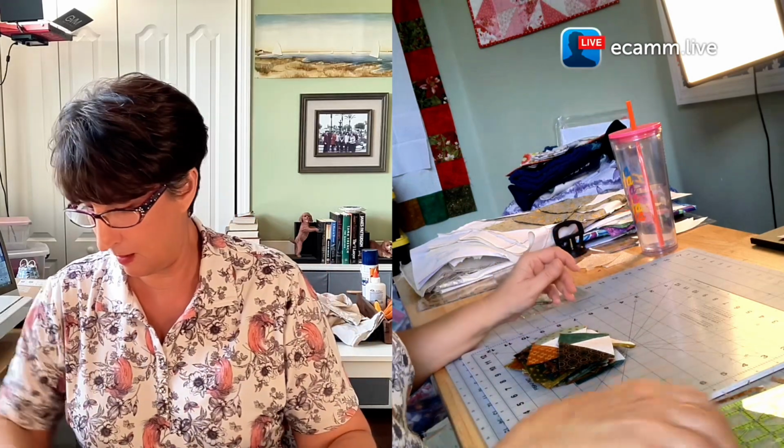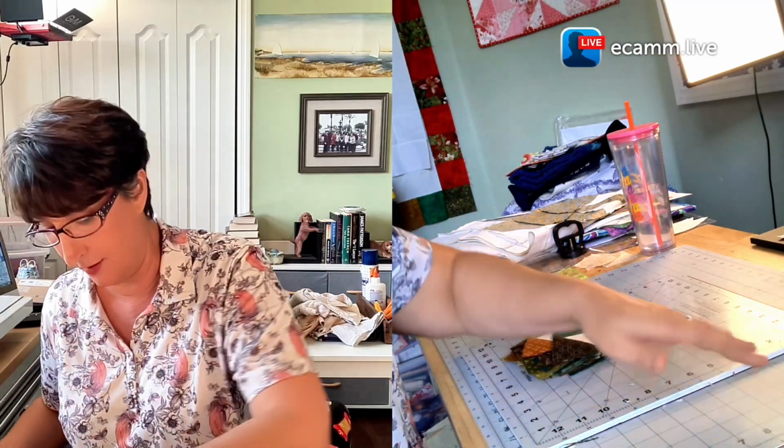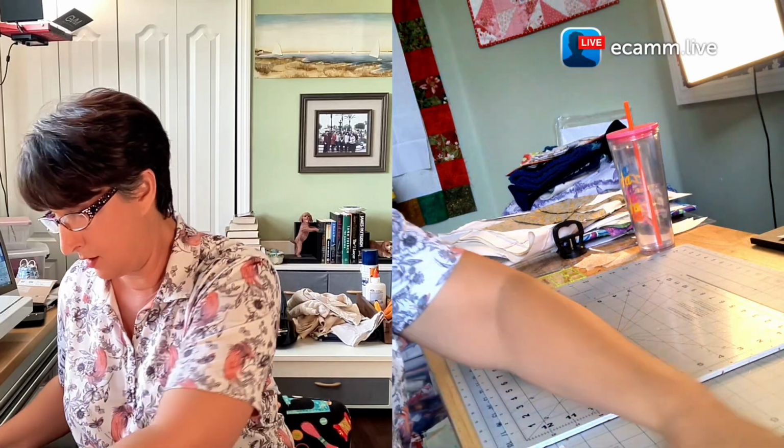Okay, so now here's the dilemma that you guys can help me with. Most of them now, because we did the scrappy method, and I am going to use, although I have to find it first because I've still not found everything from what we've worked around. I have looked at some of the sampler quilt patterns. So I'm trying to figure out what sampler pattern, what sampler block, what sampler quilt project we want to do. But I'm not there yet. Because, man, there's a lot. Gosh. So the question